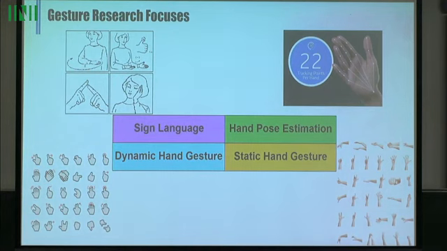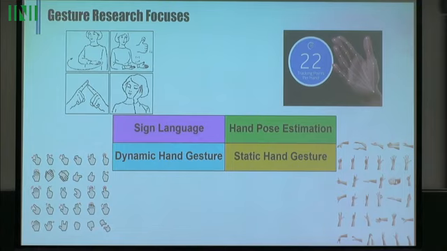To summarize, gesture-based research focuses on all 4 topics here. First is sign language, and hand pose estimation, which mainly estimates all 22 joints of the hand. Then for hand gesture recognition, there is dynamic hand gesture, which means the gesture you want to convey is based on the moving hand motion. The other is static hand gesture, which means you are posing something like this, and we call that static hand gesture. All those are research topics in our group, but today I will focus on dynamic hand gesture,